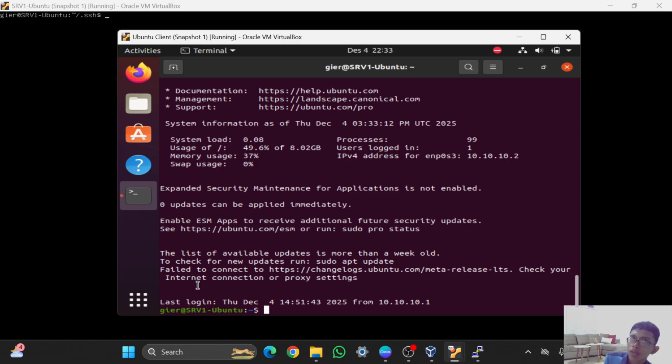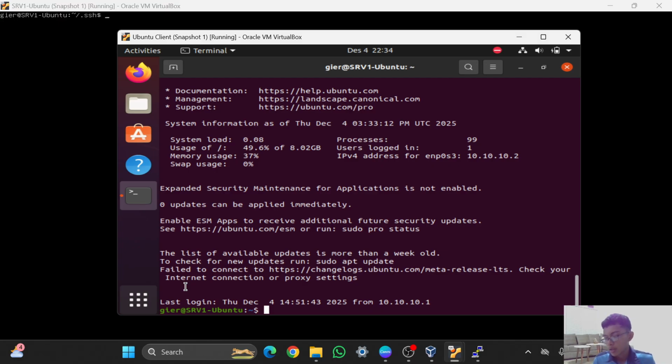Before, with the first method, when I wanted to remote this server, I filled in the password of this user. But this time, the prompt to enter the password is not the password of the user, but the passphrase of the public key. So it is different: the first one is the password of the user, but the second one is the password of the public key.